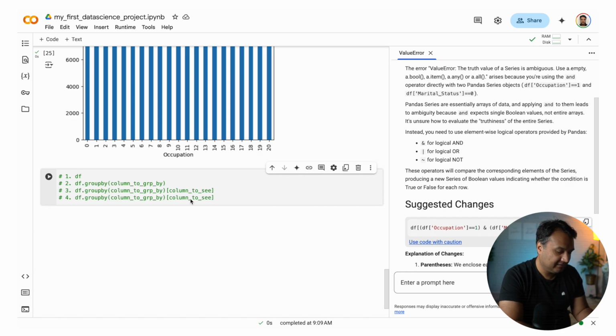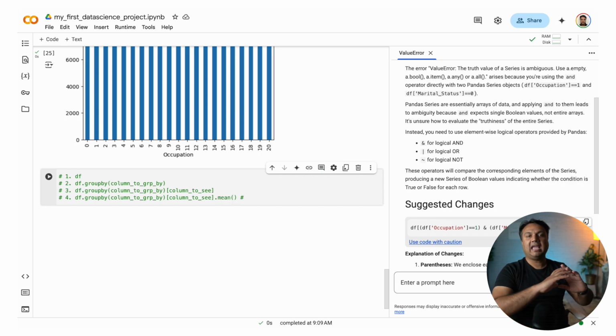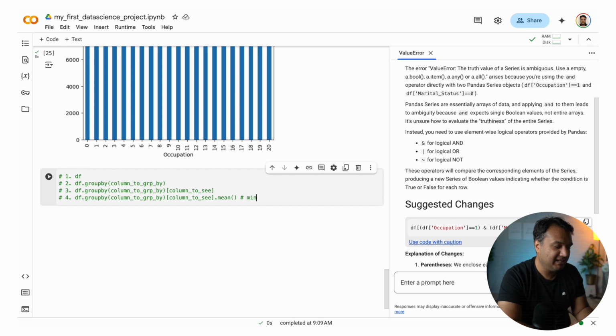So here you tell it dot aggregation. In this case, we did mean, but it could be any other aggregation. You can say what is the minimum value. You can say what is the maximum value. You can tell what is the count of people within that bucket.